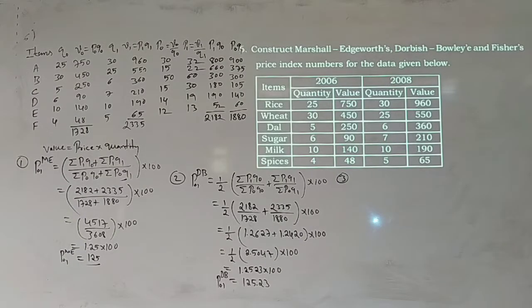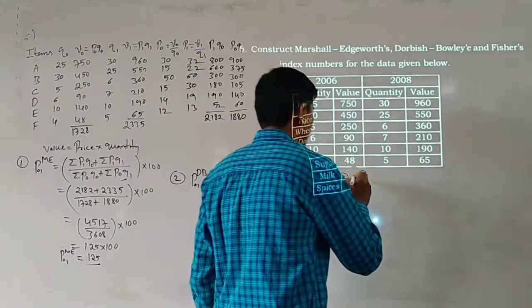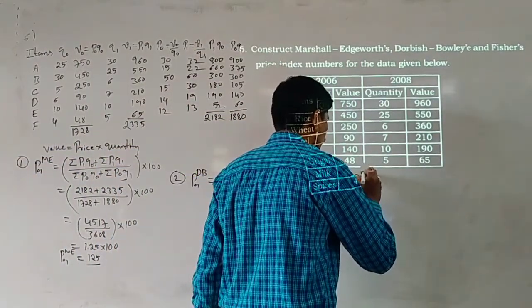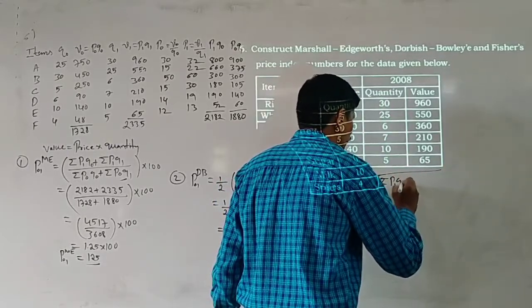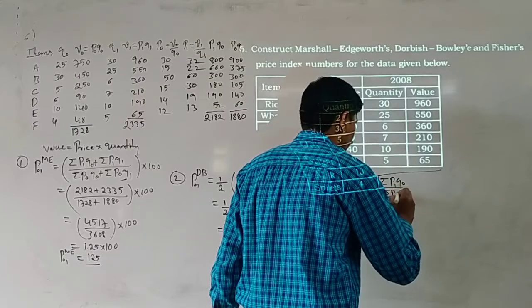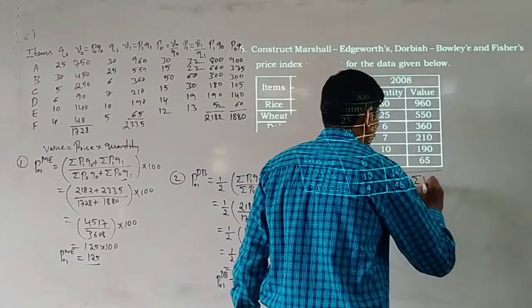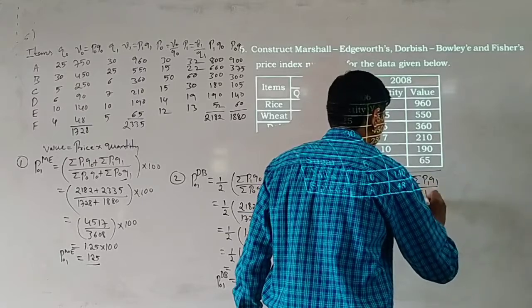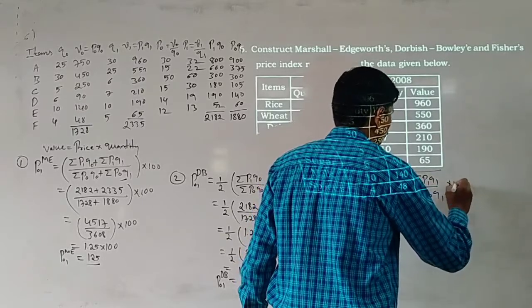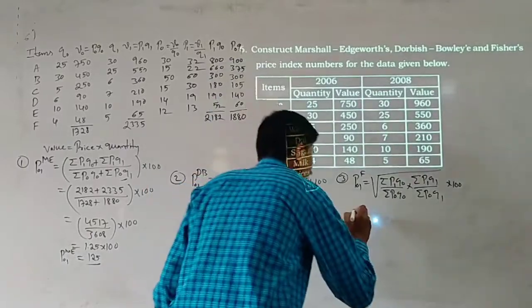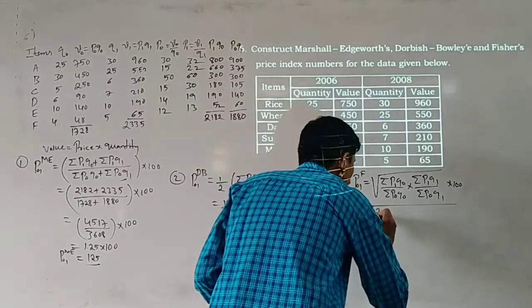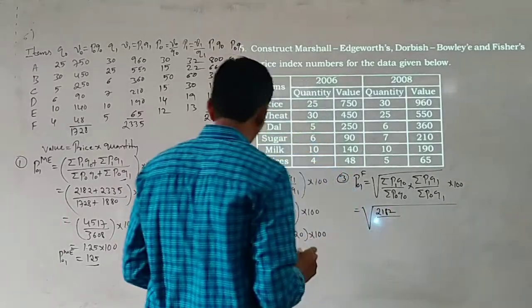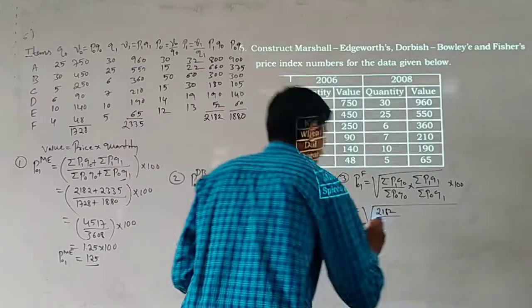Fisher's index number. Here it can be calculated as P01 F equal to the square root of sum of P1 Q0 divided by sum of P0 Q0 into sum of P1 Q1 divided by sum of P0 Q1, into 100. Then we have to substitute the values. Sum of P1 Q0 is what? 2182, divided by sum of P0 Q0, which is 1728,